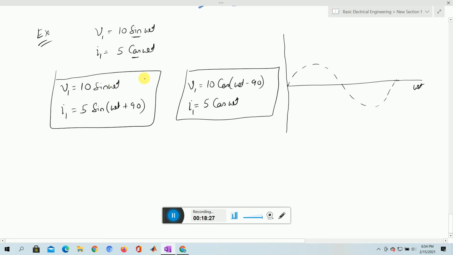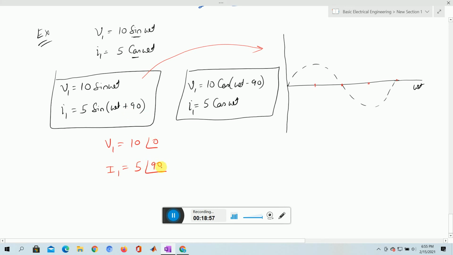So here let us draw any one of them. Because sine is very easy to draw conveniently, and we are habituated with the sine waveform, that is why we are doing it. Those who are habituated with cosine also, it doesn't make any difference, only the looking perspective will be different. So here we can have a voltage waveform and current, and what we see is omega t starting with, so we can write here V1 is equal to 10 angle 0 and I1 is equal to 5 angle plus 90, no?